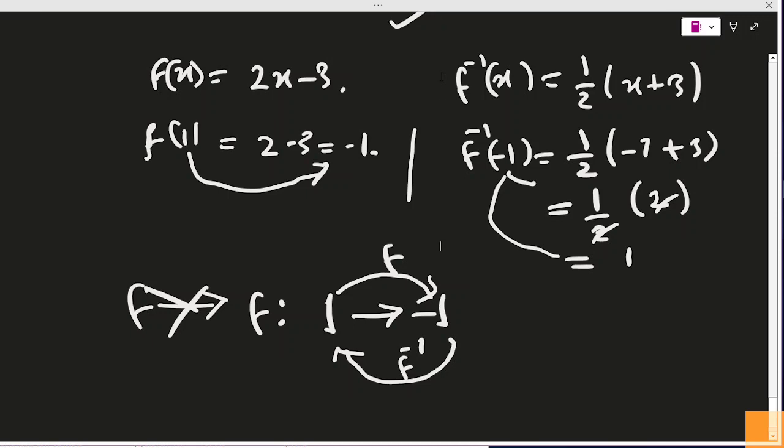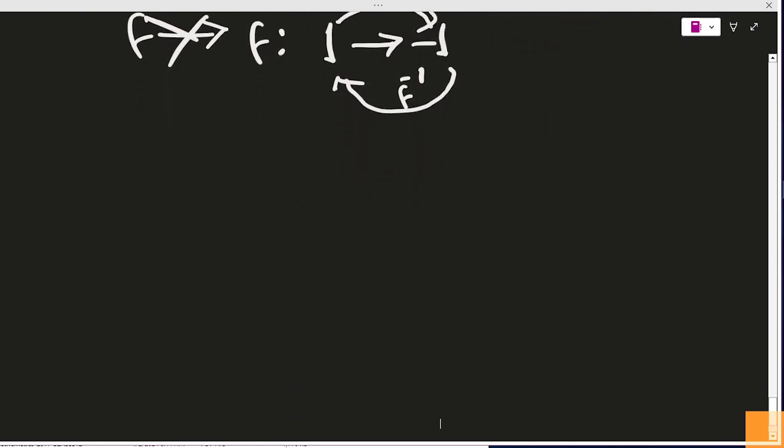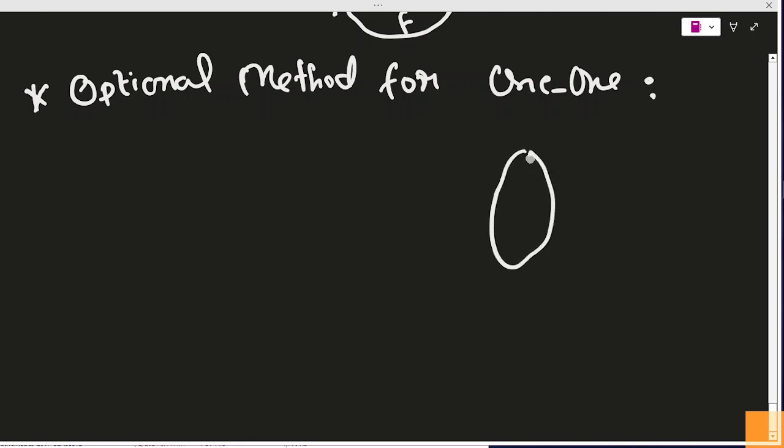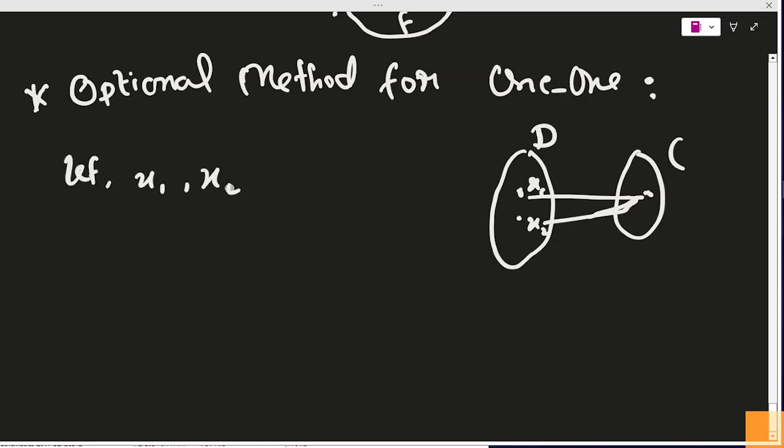Now I will show another method to show f is 1 1, this is an optional method. 1 1 के लिए ये ऑप्शनल मेथड है। सो ये डोमेन है, ये कोडोमेन है, यहाँ पे x1, y1 दो लीजिए। हमें दिखाना है यहाँ पे x1 एलिमेंट है, यहाँ पे x2 है, इन दोनों का इमेज सेम नहीं हो सकता, डिफरेंट होगा। अगर ऐसा हुआ तो दिस इज मेनी टू 1, राइट। तो ऐसा नहीं है, ये हमें दिखाना है।